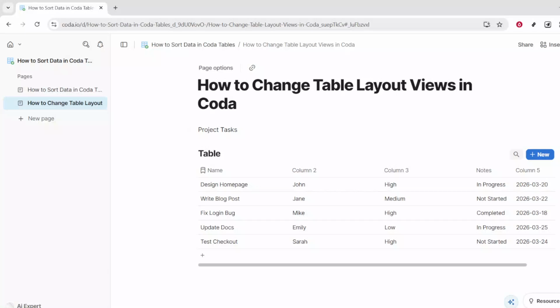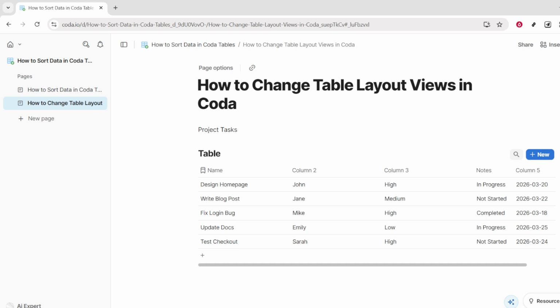In today's video, I'm going to teach you how to create views in Coda tables. Views let you look at the same data in different ways without changing the underlying information. So you can switch from a simple grid to a card wall, a calendar, or even a chart with just a few clicks. This is perfect when you want a clean input form, a high-level dashboard, or a timeline for